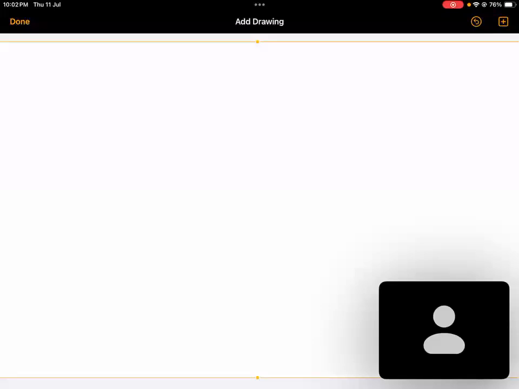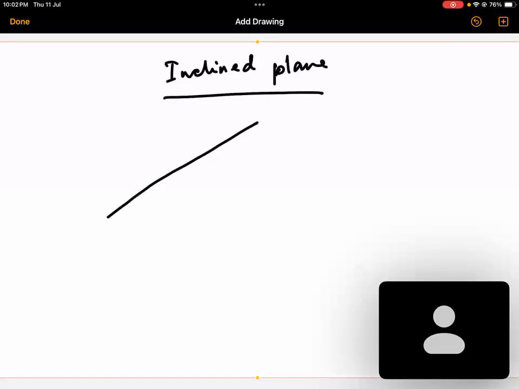Okay, so we are starting with inclined plane. A very, very interesting topic. We are starting with inclined plane. Now, in case of inclined plane, whenever you are keeping a body on an inclined plane, children, please remember,